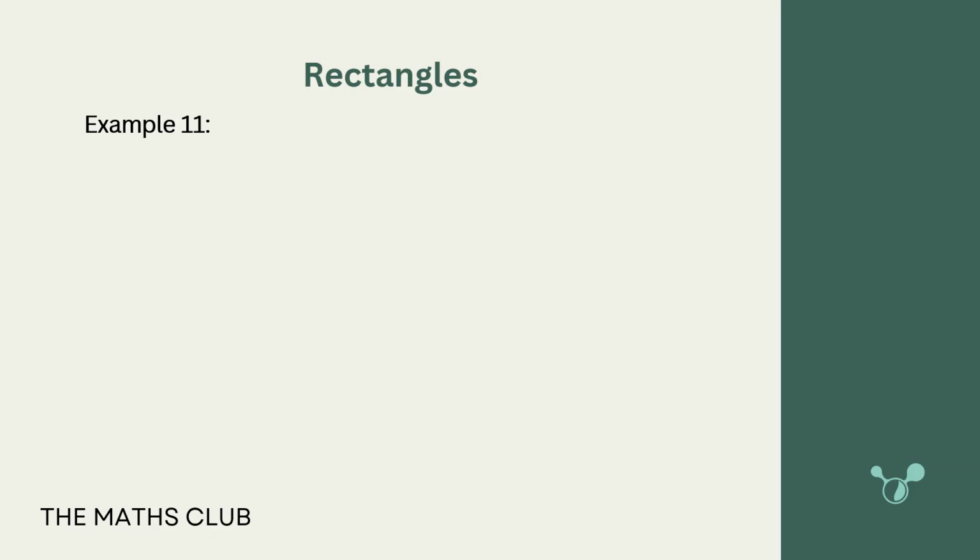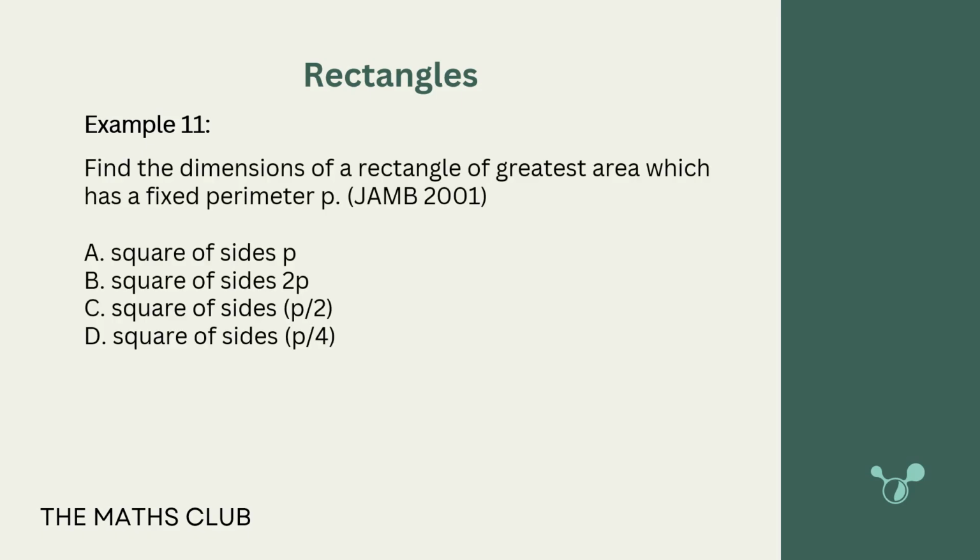Great. Example 11 says that we should find the dimension of a rectangle of greatest area which has a fixed perimeter P. This is from JAMB 2001. You know, we said already that the greatest area of a rectangle is taken from a square. So that's why you can say this, let's say square. Now, if the square has been determined to give us the greatest area, and then they said it has a fixed perimeter of P,